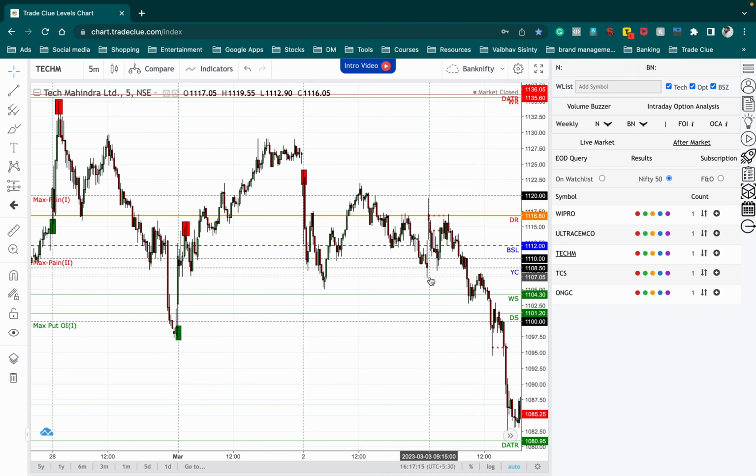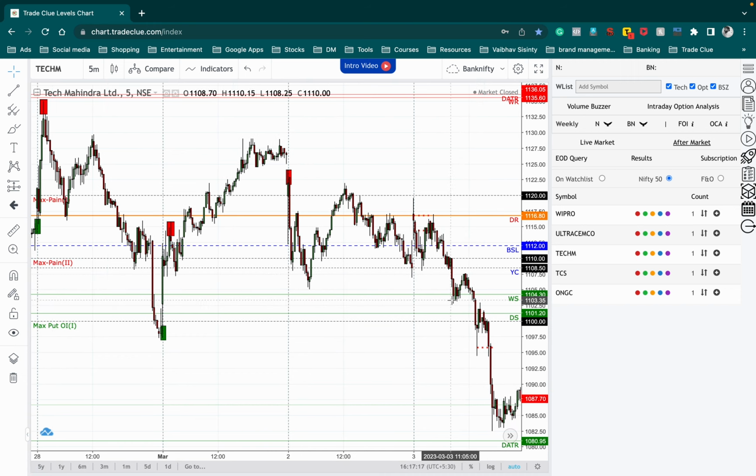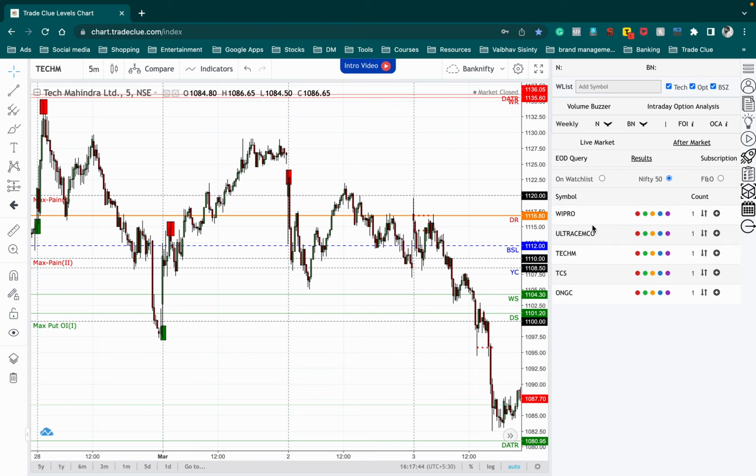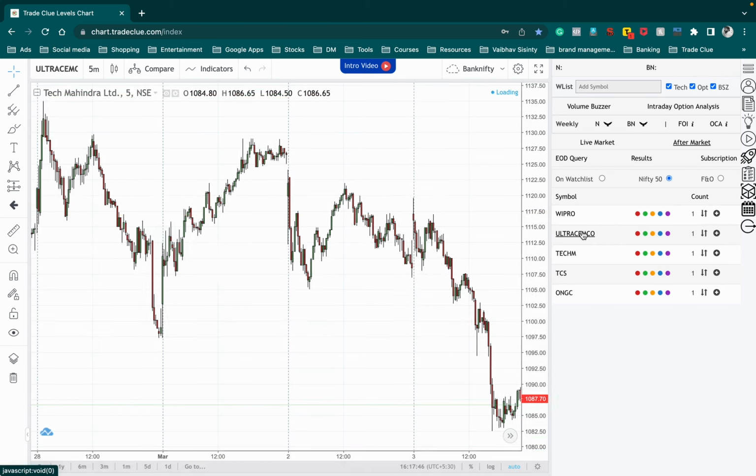So we'll go through a few stocks from this particular scanner, and this scanner will be available to you a day prior, before the market hours. So you are pretty much ready with a couple of stocks under your consolidation breakout theory. These two queries will be very important to trade your breakout stocks on an intraday basis. Now let's check a few stocks under this query.